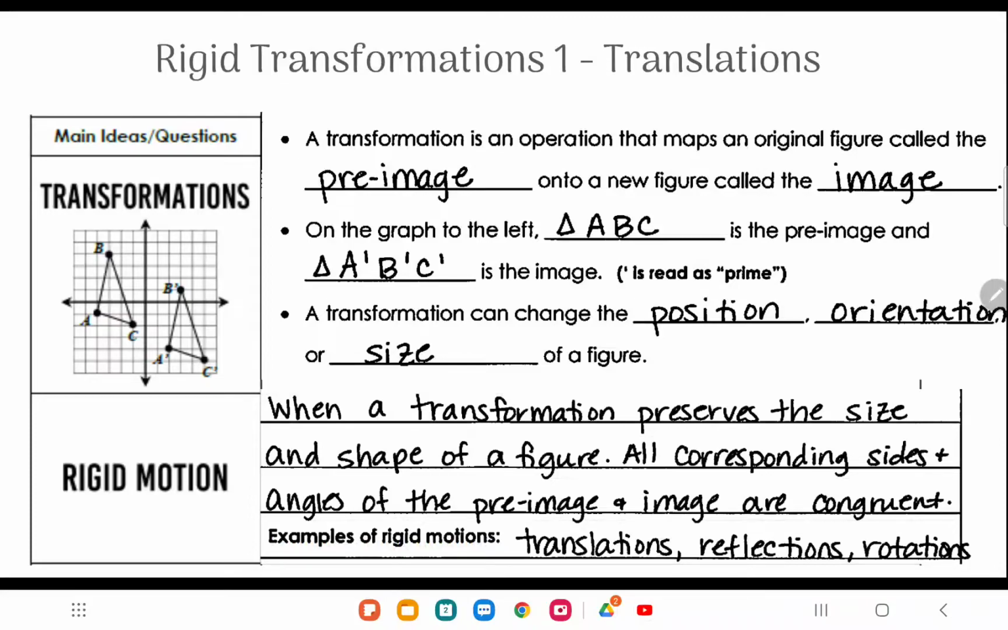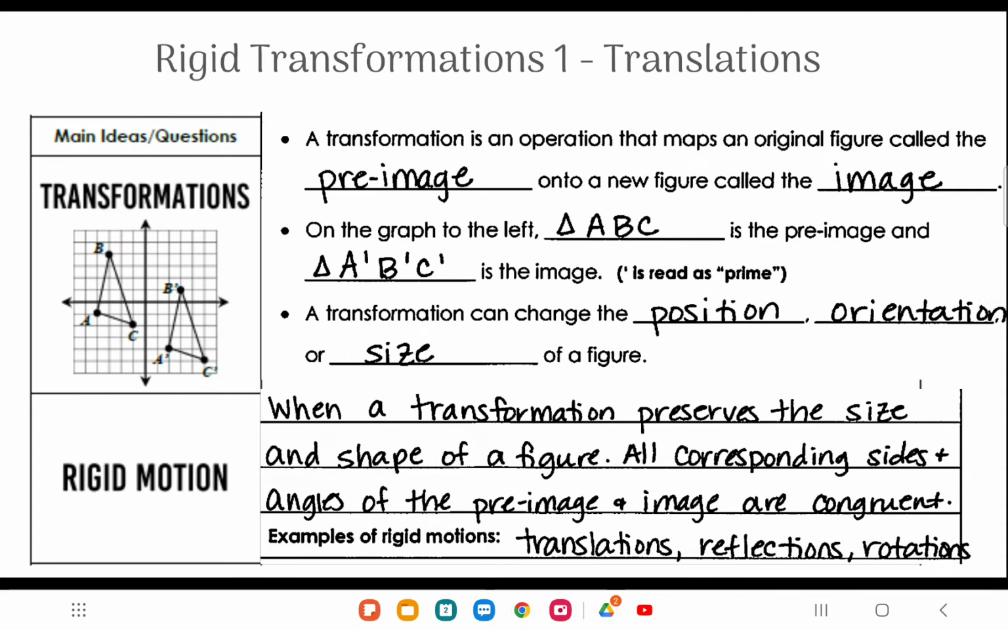A transformation can change the position, orientation, or size of a figure. Now, when a transformation preserves the size and shape of a figure, we call that a rigid motion. All corresponding sides and angles of the pre-image and image are congruent. So we can see that triangle ABC is the same size and shape as the image,